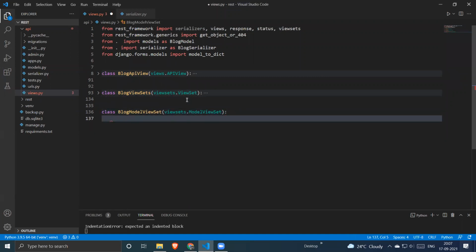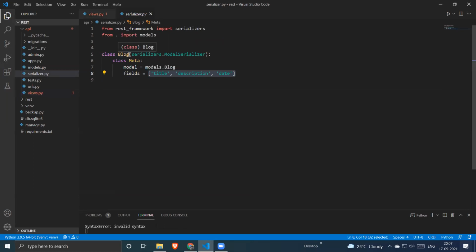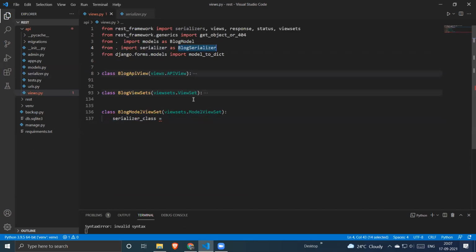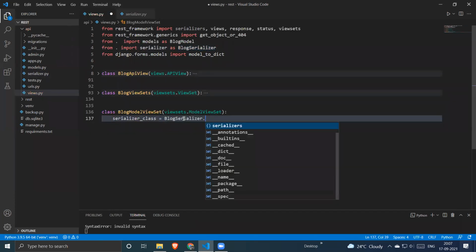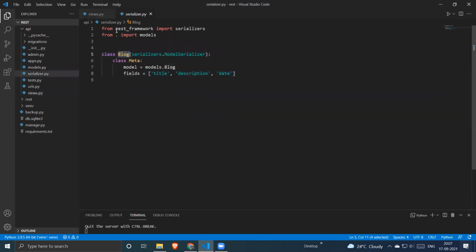First thing you have to do is define a class. And the second thing is you need to define a serializer. The serializer class will be the same serializer we are going to use for the model view set. So we have the blog serializer, which is this serializer class.